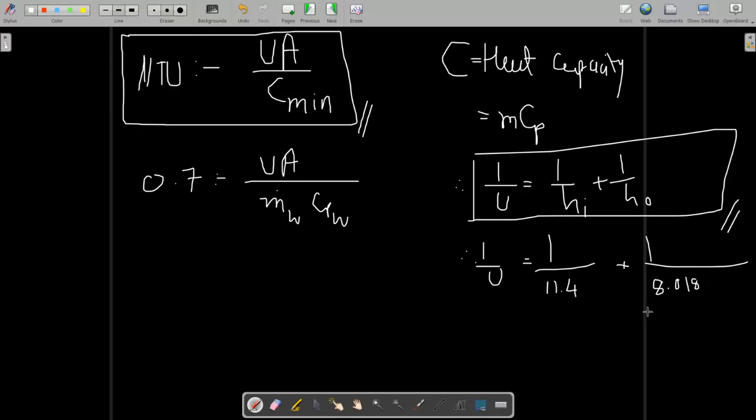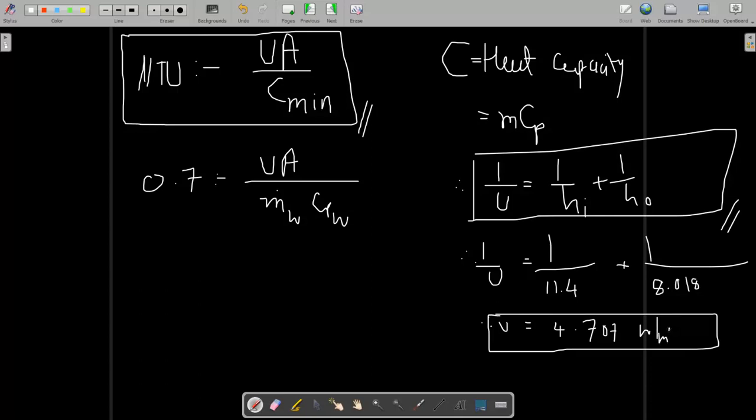Okay, now just when you solve this, you will get U. So U will be 4.707 watt per meter square Kelvin. Now just put all these values: 0.7 is equal to U, 4.707,